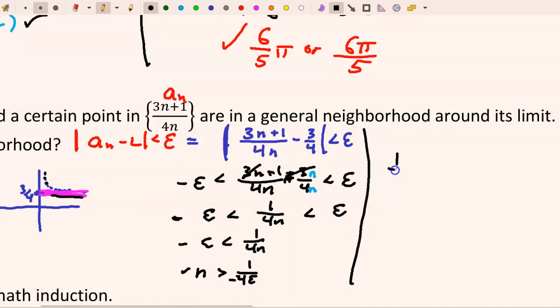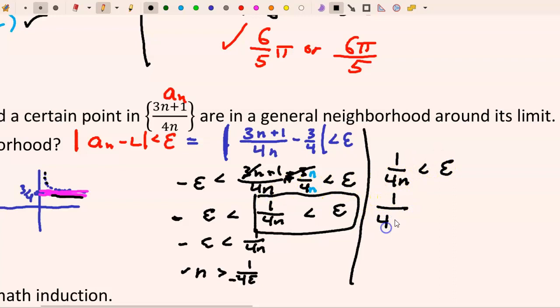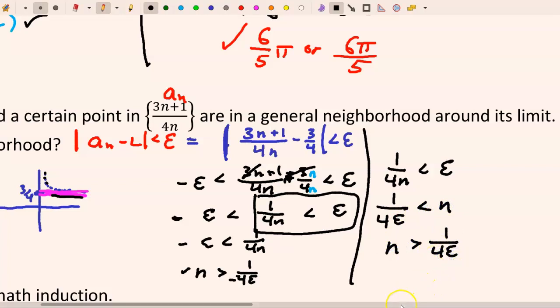So that's 1 over 4n is less than epsilon. I'm just taking this part right here and solving it. And sure enough, epsilon must be greater than, that's n. There you go. N must be greater than 1 over 4 epsilon. Okay. Now that I have this, this is when I can say,